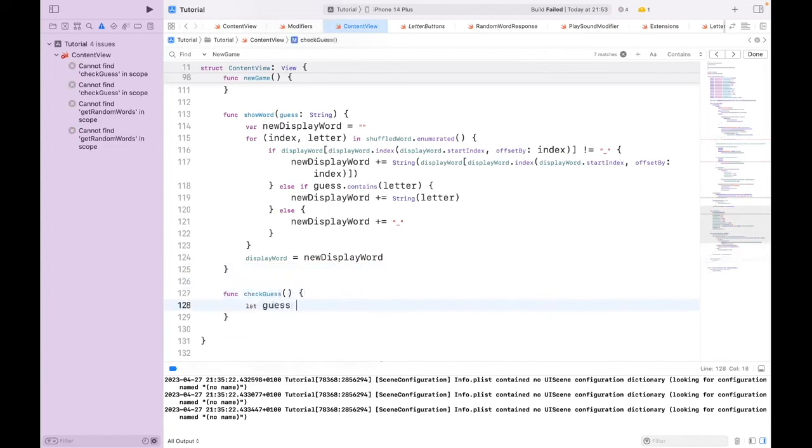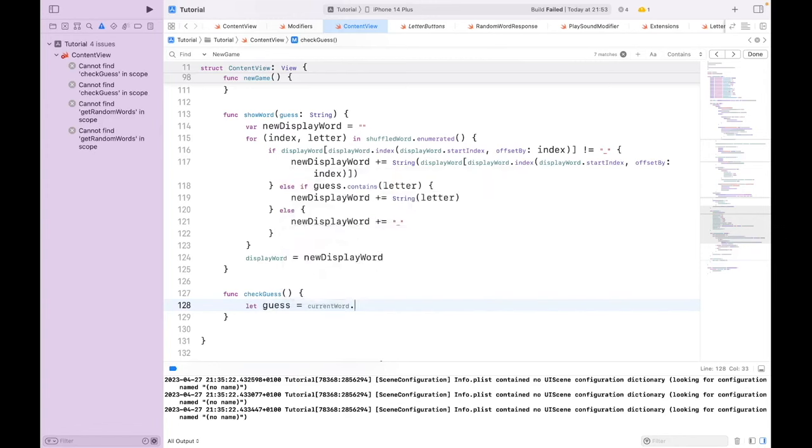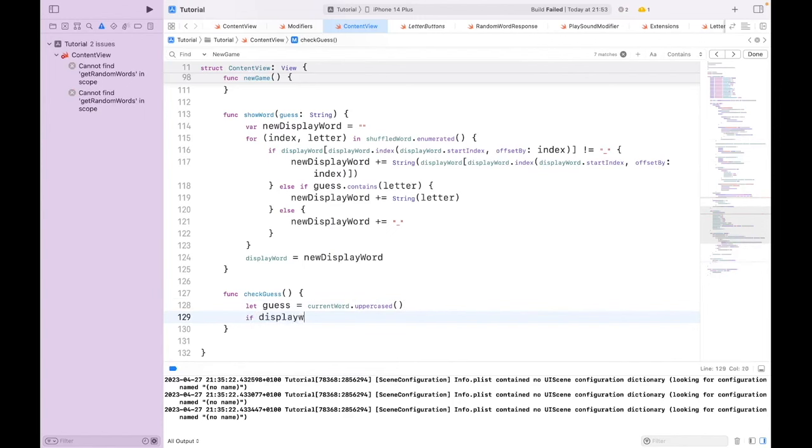Let guess equals currentGuess, current word dot uppercase. So just convert each letter to uppercase. If displayWord equals shuffledWord,